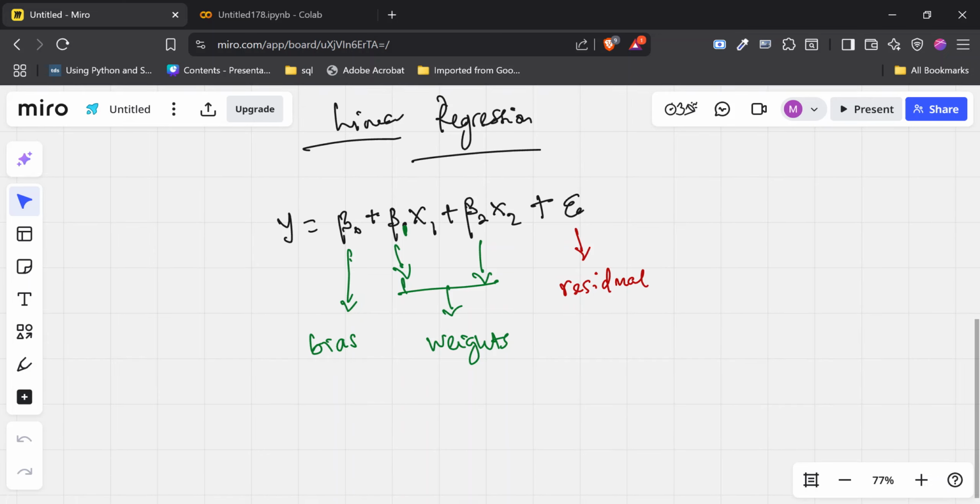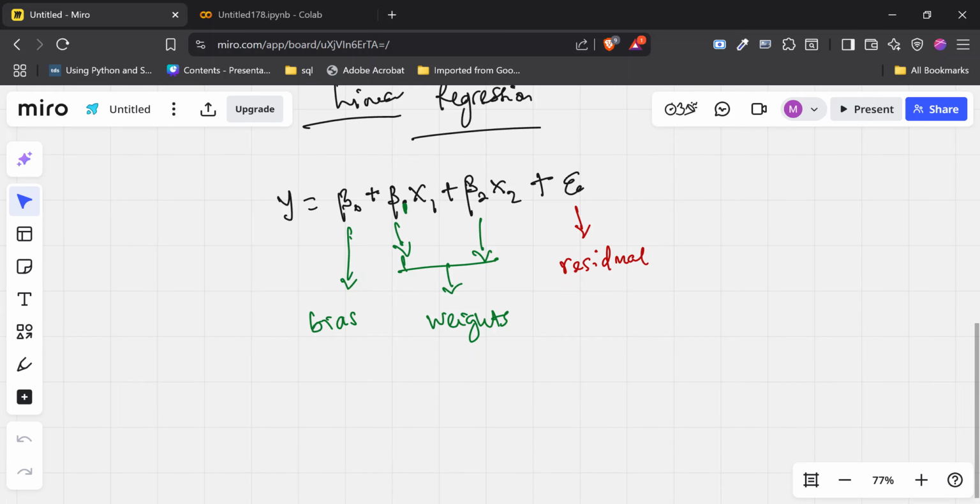So where does that bring us? That brings us to the equation of our y predicted. You can think of this one here as y true. So we can say y true equals this. So what is y predicted going to be?